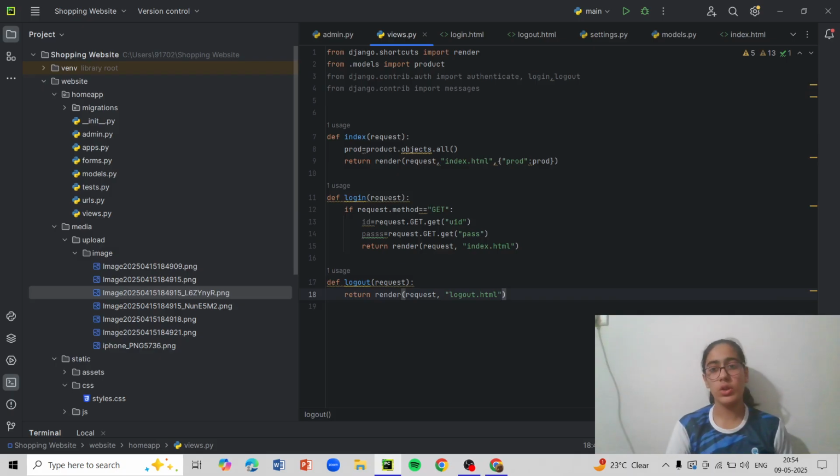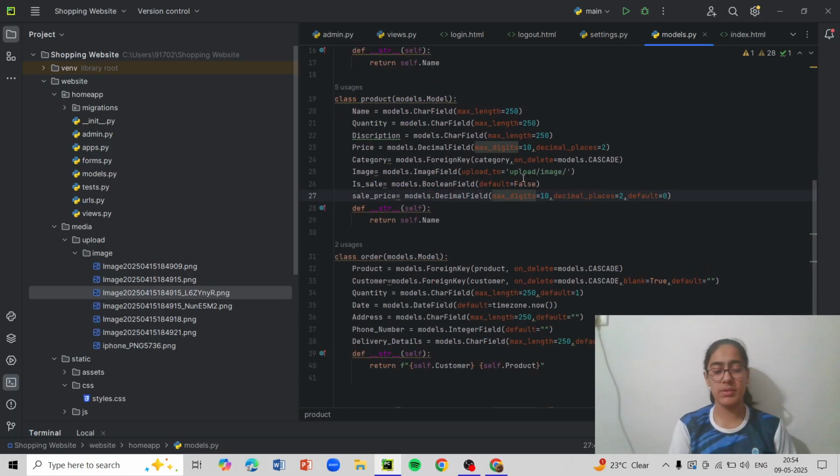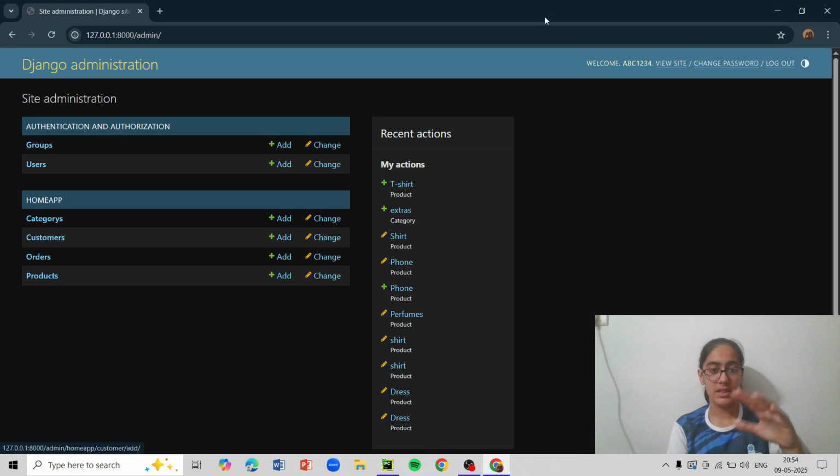And then I also showed you what models mean, and I also explained all this code, not line by line, because I've already explained what models are in my previous videos, so you'll just have to go back and check. But I explained this page line by line, and you guys also have my password if you want to go and check. It won't work, but you're free to try.